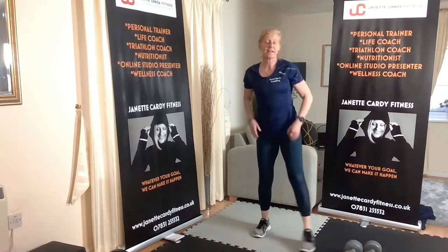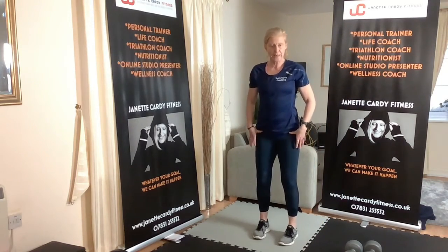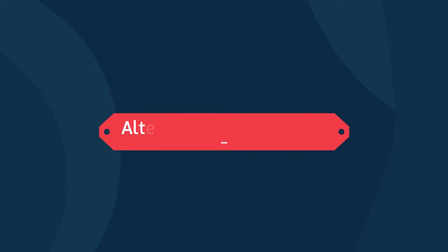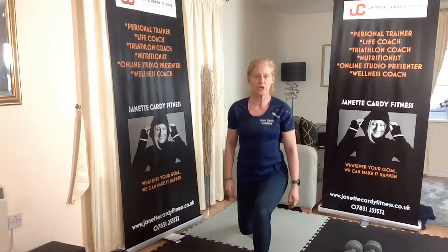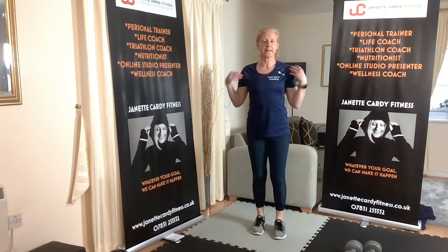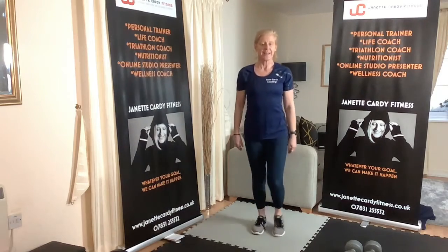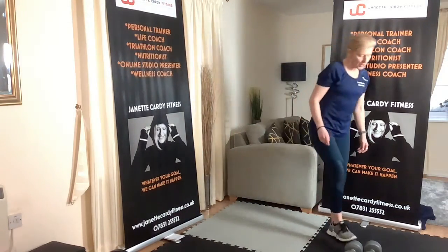Another really good exercise, with or without holding weights, is to open up your hips, but also to work your quads, your hamstrings, and your calf muscles. So just an alternate forward lunge. When you do this, really think that your shoulders are back, good posture, and your abdominals stay engaged. Moving on,